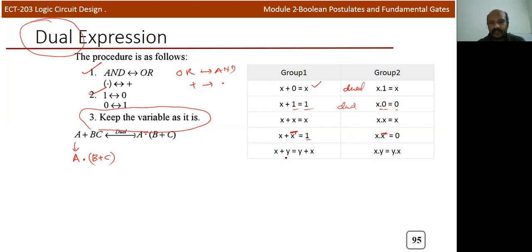Again it's a dual of the function. Here you can see the commutative law, x plus y is equal to y plus x, and this plus we will change to dot. Here also it is an AND operation, but we'll keep the variables as they are. So this is another rule, or we can say this is a dual of the function.